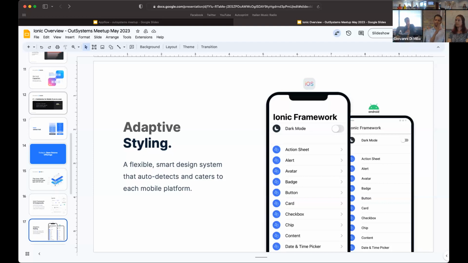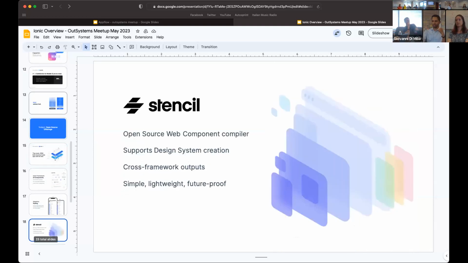For iOS devices, it follows iOS design principles. The framework is able to figure out what device it's running on and what mode, like light mode or dark mode, and basically adapts your mobile app to the mobile device's settings. So as a web developer, you don't have to worry about programming any of that in. It just detects what your mobile device settings are.